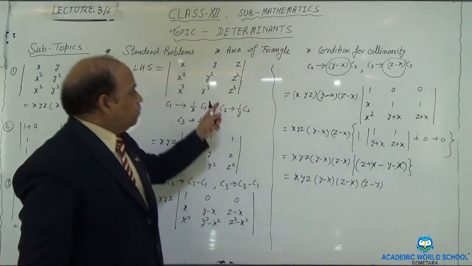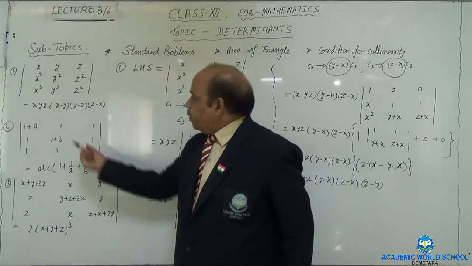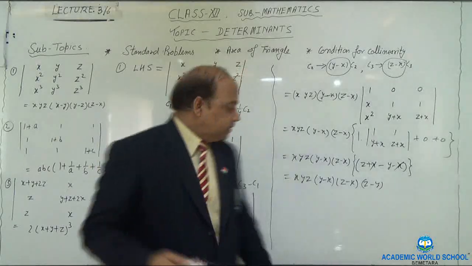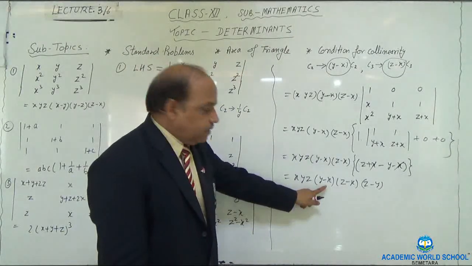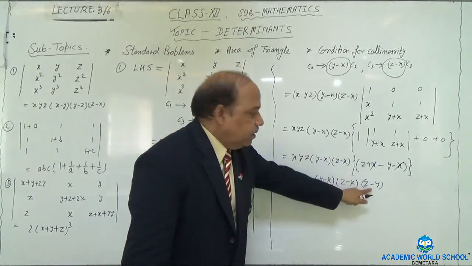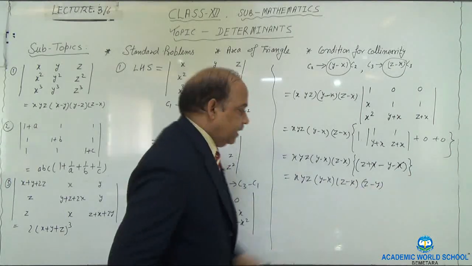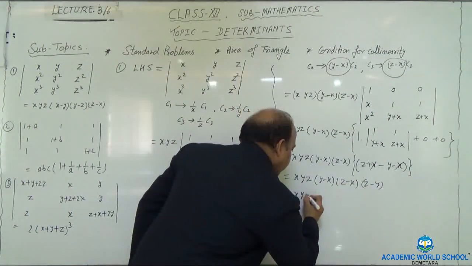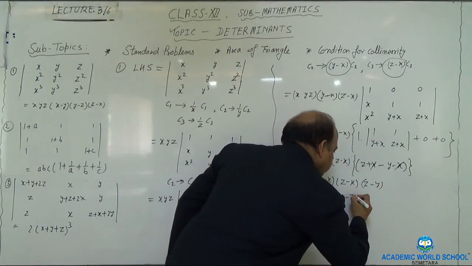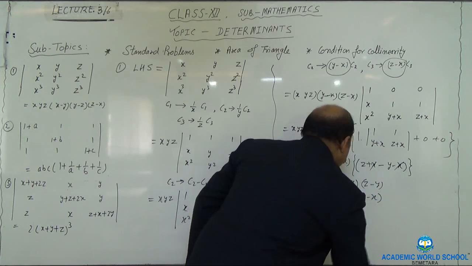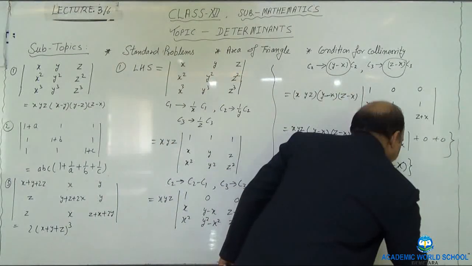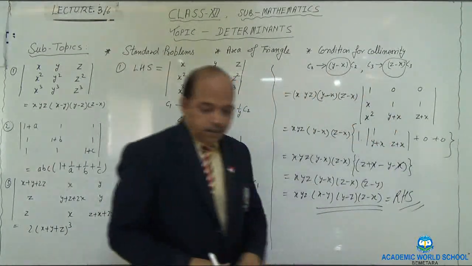If you look at what we have to prove, it says x minus y, y minus z, z minus x. Here we are getting y minus x. You can take the minus sign common, and that minus sign you can put in this one. So it will become y minus z. So it can be further written x, y, z, x minus y, then y minus z, and then z minus x. This is your right hand side. This is how you can prove the first one. So we have got this first result.